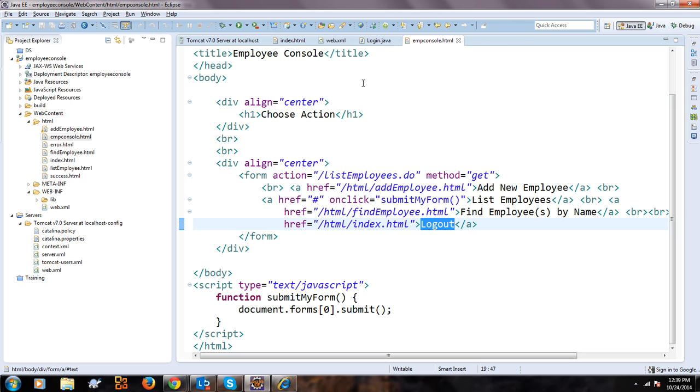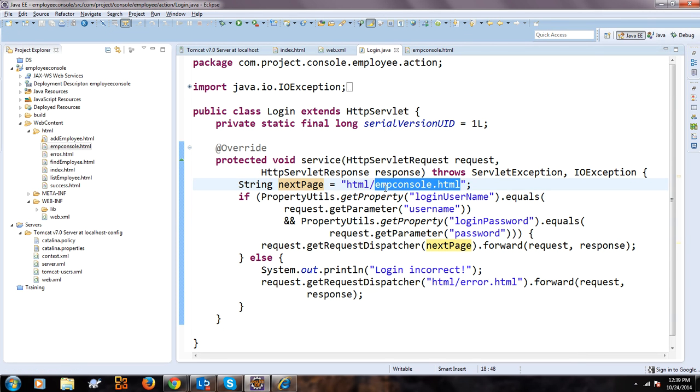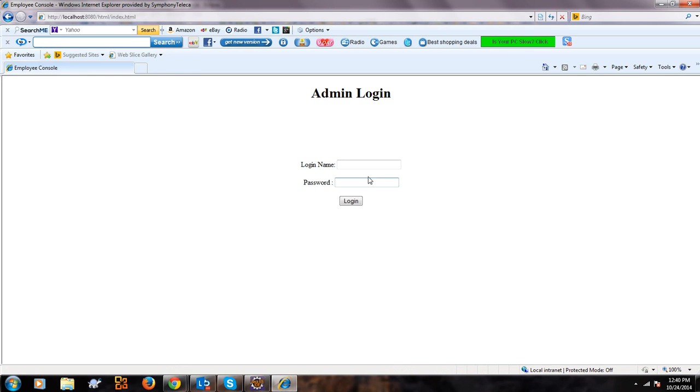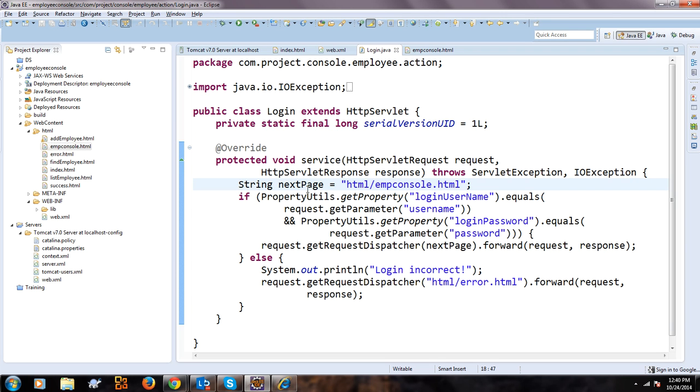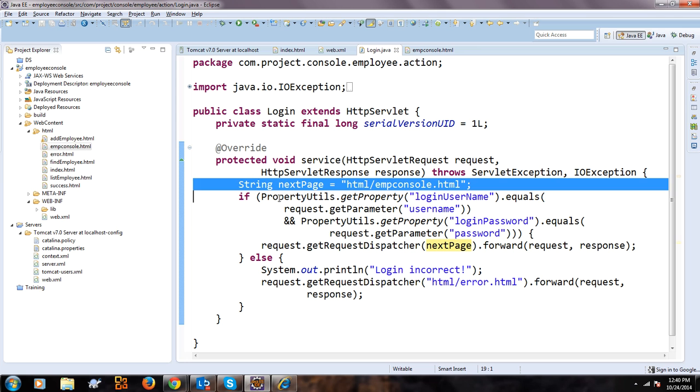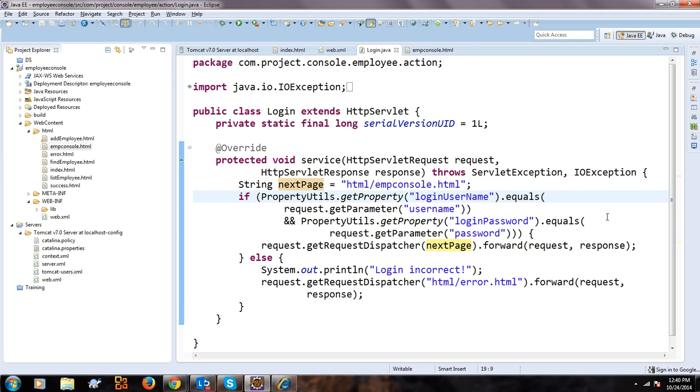So once you click on login, it will go to the next page, that is empconsole.html. Here, if you click on this admin password, that is the next page it will go to. But before going there, because here I have just defined that next page, what it does, it will